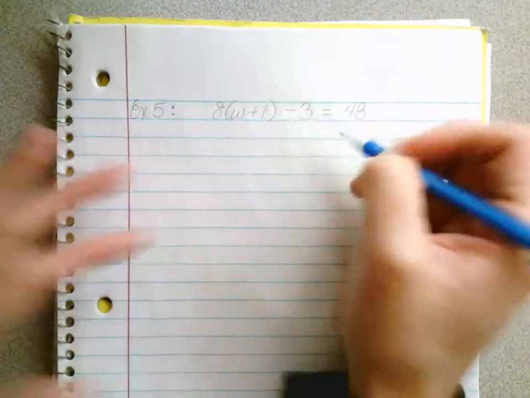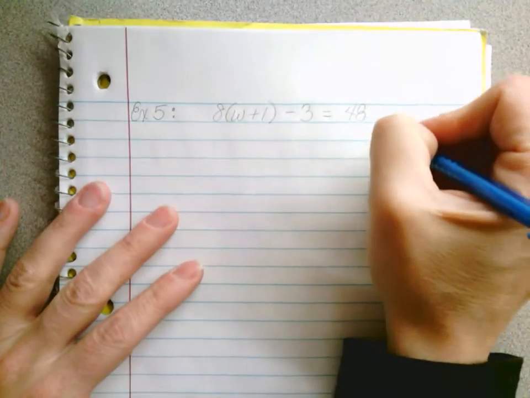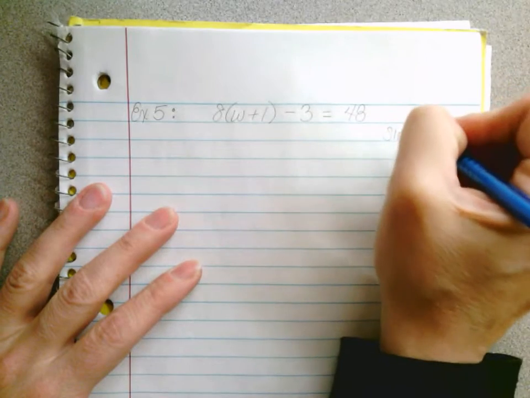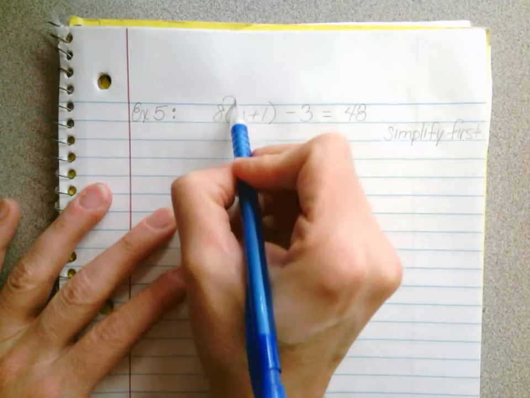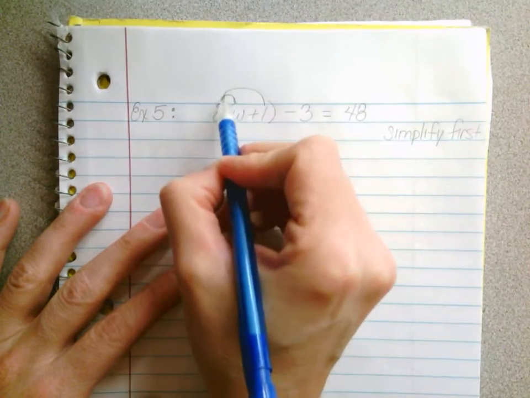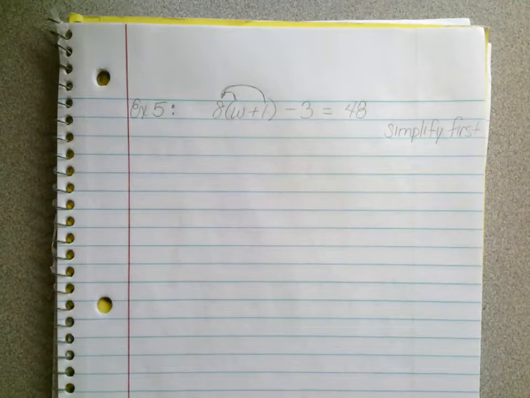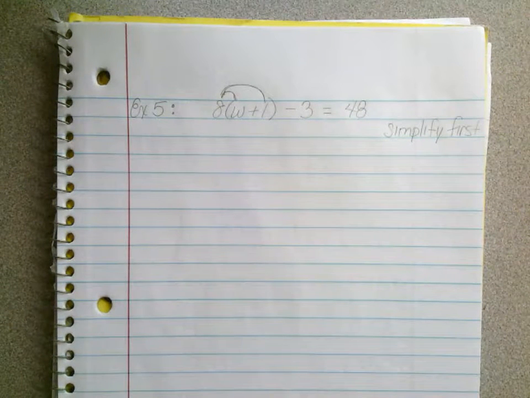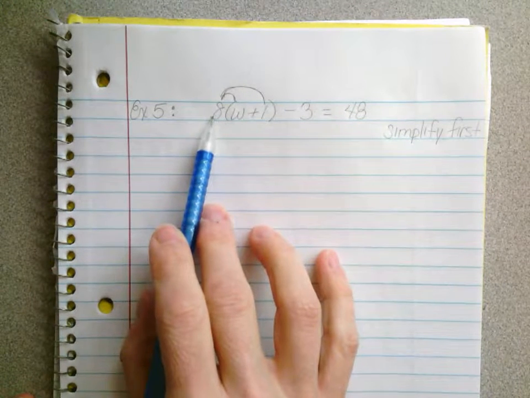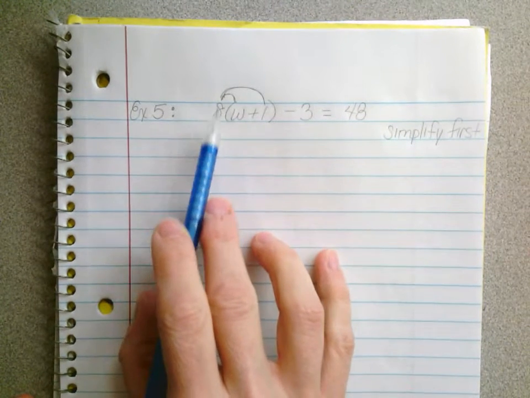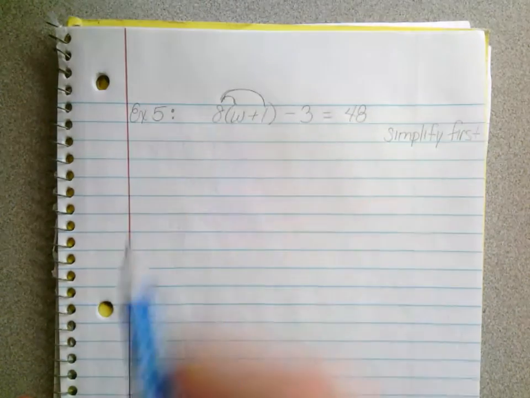Oh, we need to add, or what do we need to do? If you can, you always simplify first. And you can. Now I want to draw your attention to this distributing the 8 thing. On several of the assignments I handed back this morning, there were errors in how you're distributing. You're not taking into consideration positives and negative numbers. Obviously that's not an issue here because everything's positive, but you need to be very, very careful. If this is a negative, how it affects the result of the product. Anyway,